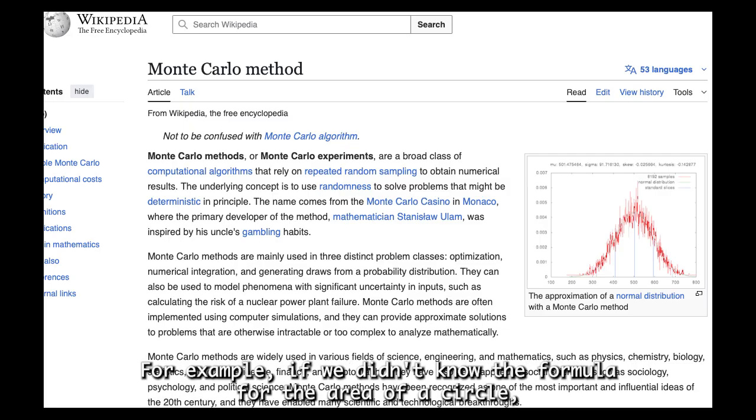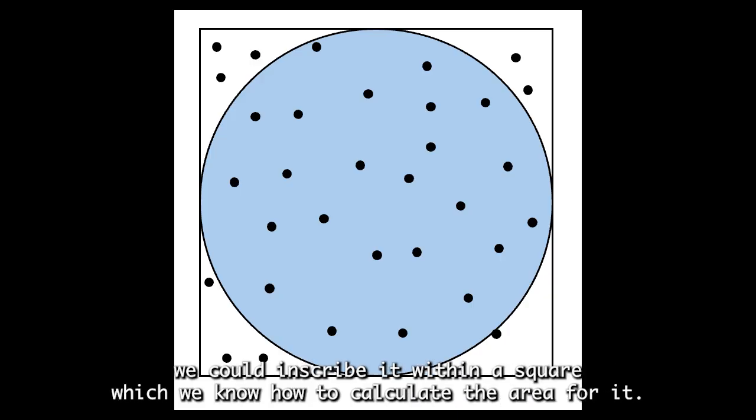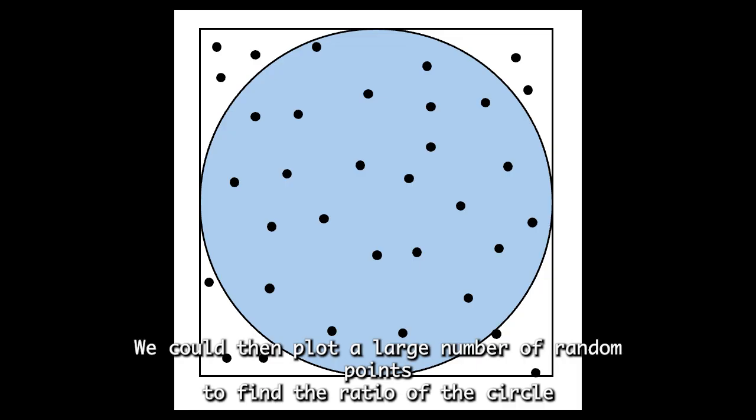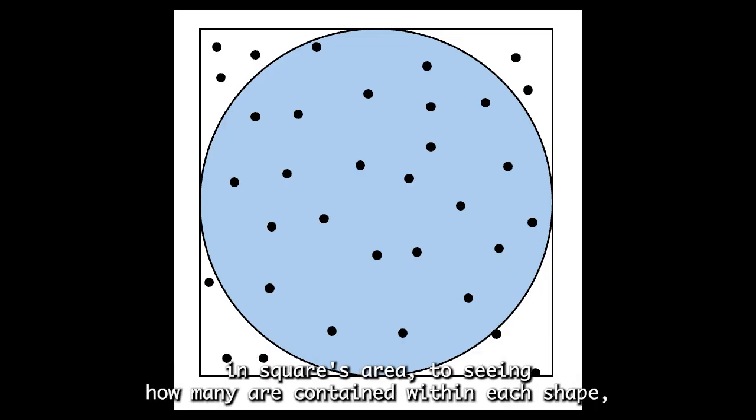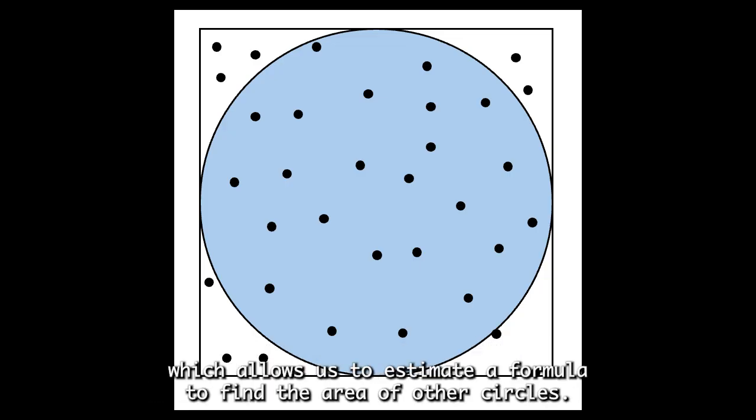data. For example, if we didn't know the formula for the area of a circle, we could inscribe it within a square, which we know how to calculate the area for. We could then plot a large number of random points to find the ratio of the circle and square's area through seeing how many are contained within each shape, which allows us to estimate a formula to find the area